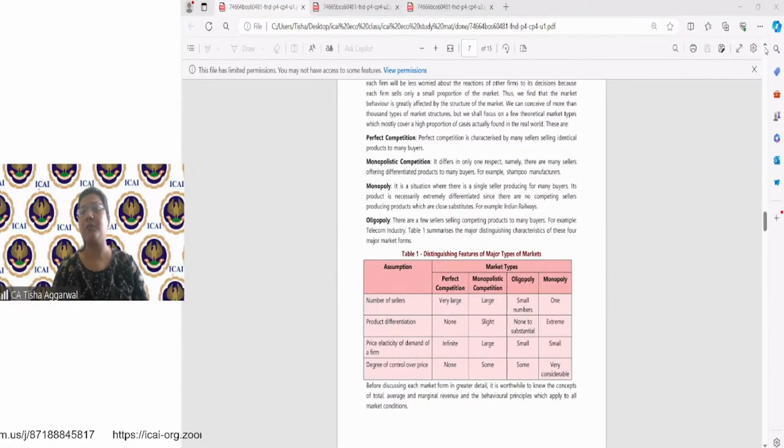That is what is known as perfect competition. So perfect competition is characterized by many sellers selling identical products to many buyers. Second is monopolistic. Monopolistic is one where there are many sellers offering differentiated products to